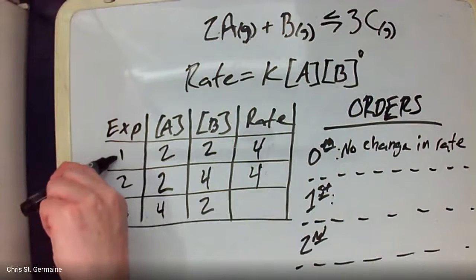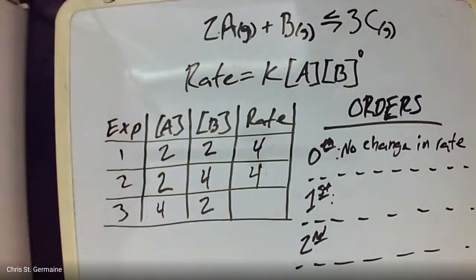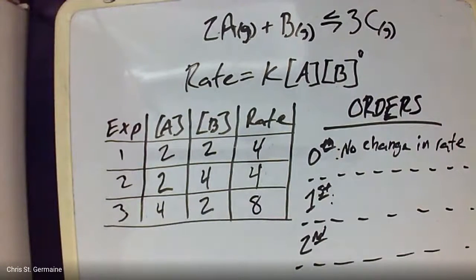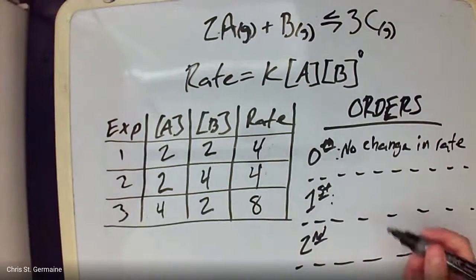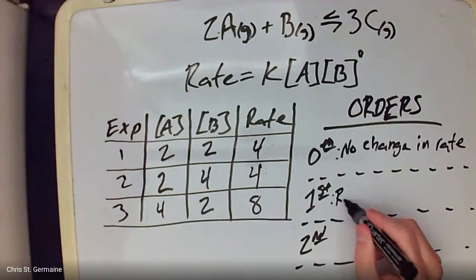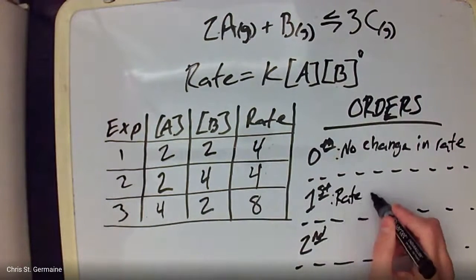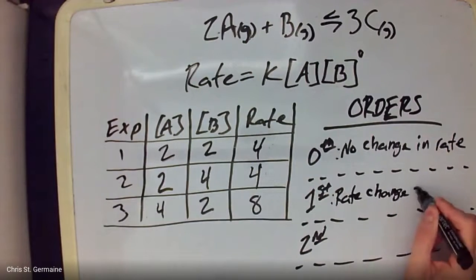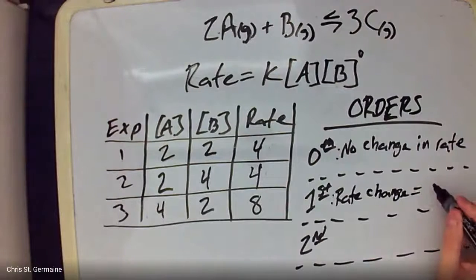When we double A, if our rate doubles, then that means it's first order. So when your rate change equals your reactant